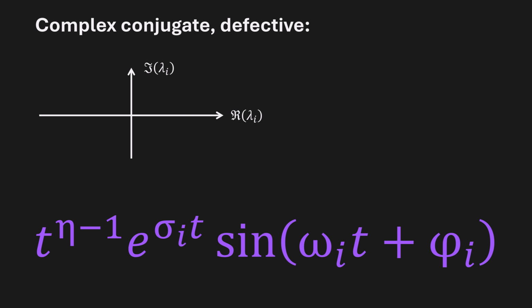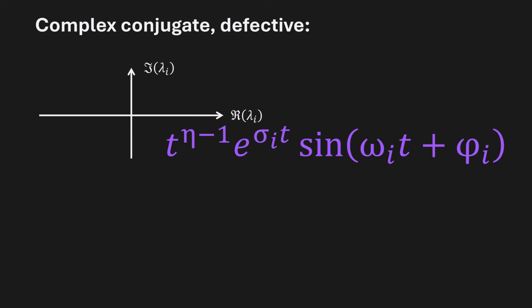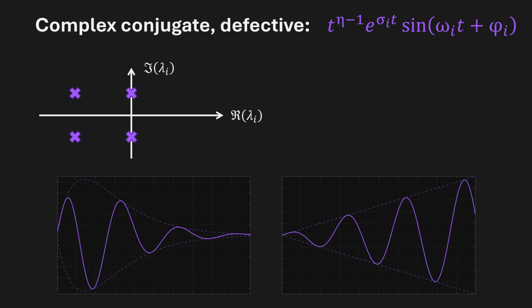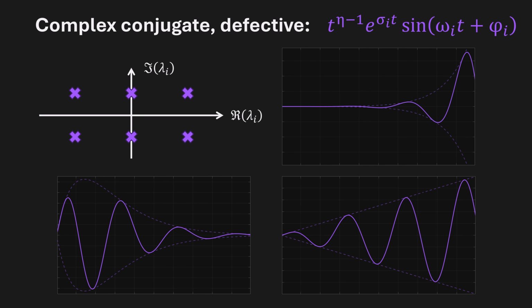And the same thing with complex conjugate defective eigenvalues. This time again, the envelopes for the oscillatory part are shown. We can now calculate delta x of t's evolution with time, knowing that each component of the vector, which means the difference for each state variable, is determined by the corresponding mode.